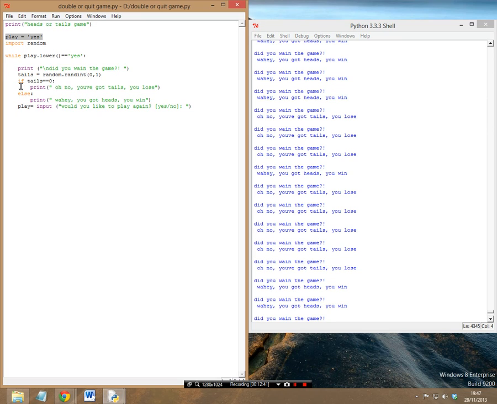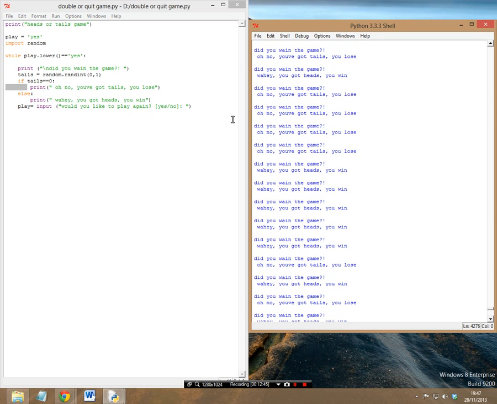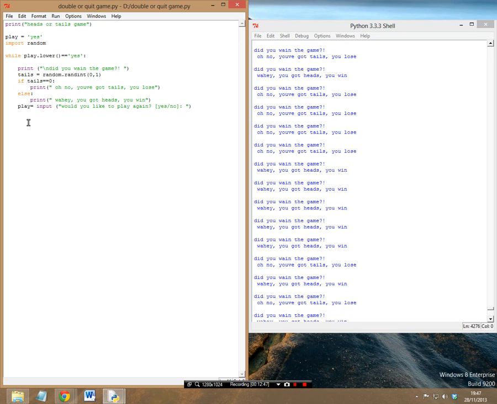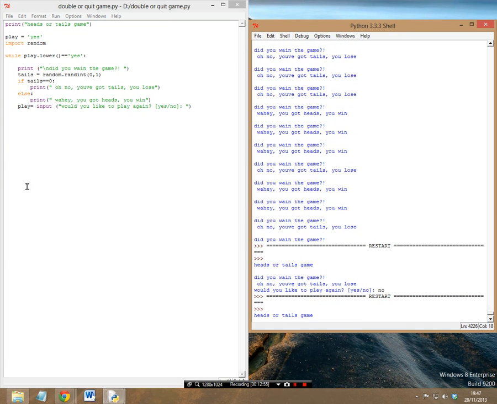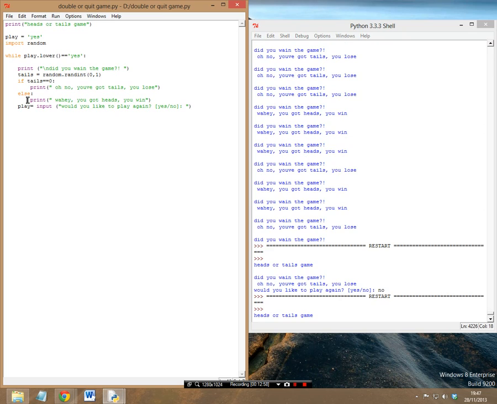Another thing you want to make sure, a very critical thing, which as you can see obviously over here, is the indentation blocks. You need to make sure you get these right and in the right place, otherwise small errors like this will occur, which can get very annoying and really confusing. So if you're talking about this, make sure you have at least one indent to talk about your first print statement, and then